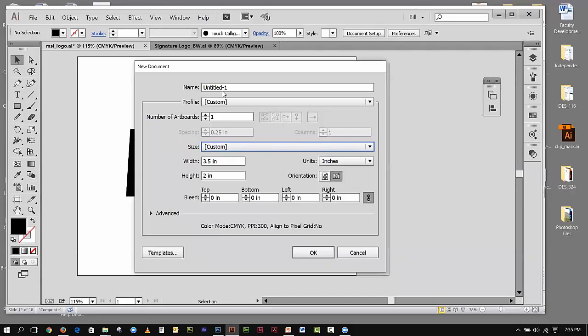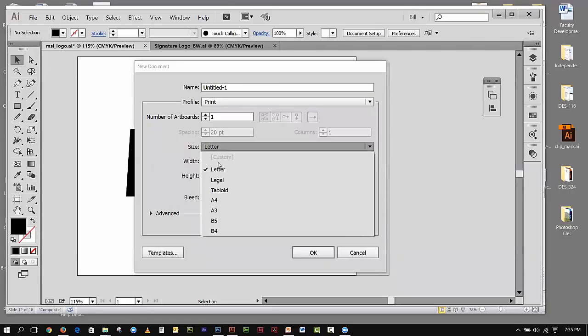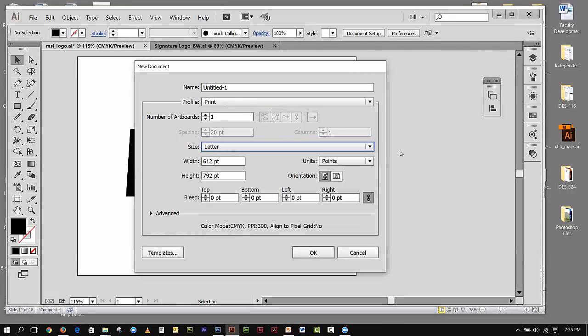I'm in Profile, let's see, Print. Let's see, maybe that'll change it. Yeah, unfortunately, I don't get a business card in here. In InDesign, I do. So what I would do here, if I was going to make a business card,